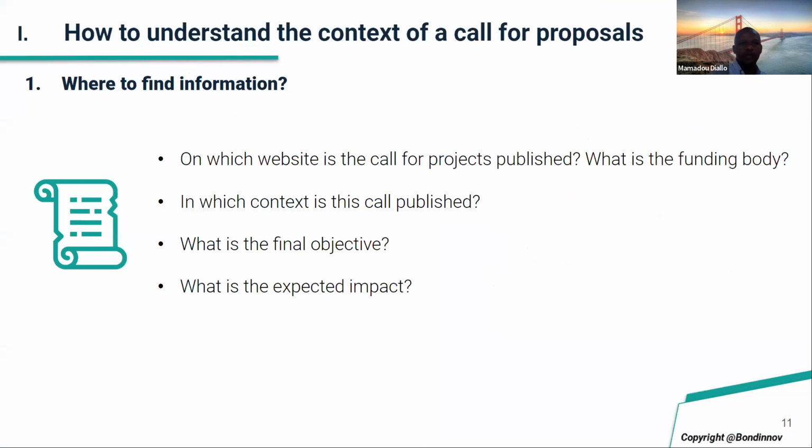So where can you find the information, on which website is a call for proposal published? What is the funding body? In which context is this call published? What is the final objective? What is the expected